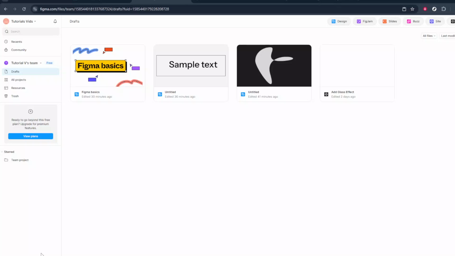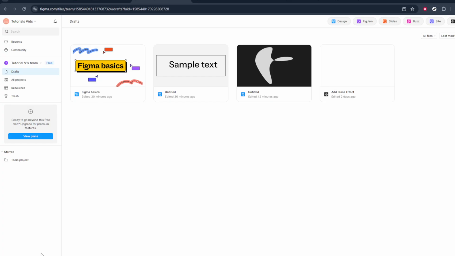In today's video, I'm going to teach you how to upgrade your plan in Figma. Upgrading your plan is a helpful way to unlock more features, especially if you're working with a larger team, need more advanced collaboration, or are starting to hit the limits of a free workspace. I'll walk you through the process step by step so you know exactly where to click and what to expect